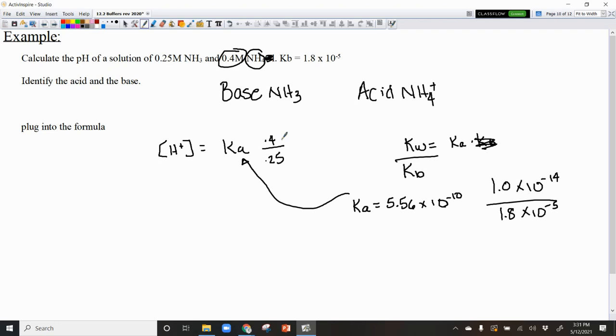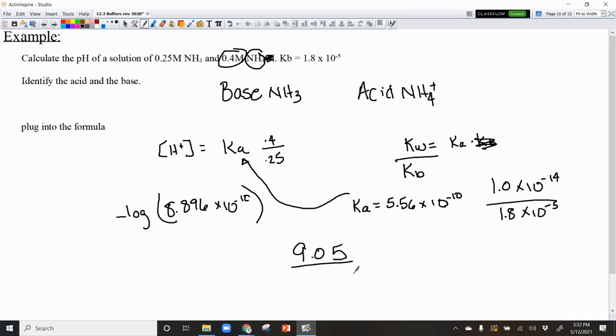So 0.4 divided by 0.25 times 5.56 times 10 to the negative 10. And we get 8.896 times 10 to the negative 10. Now, if we take the negative log of this number, it's going to give us a pH. And we get a pH of